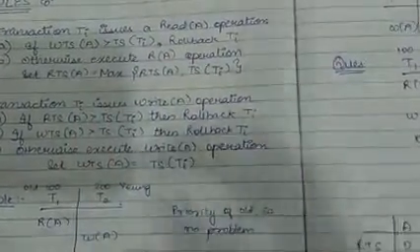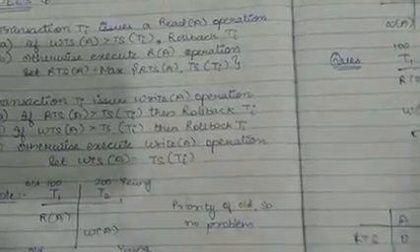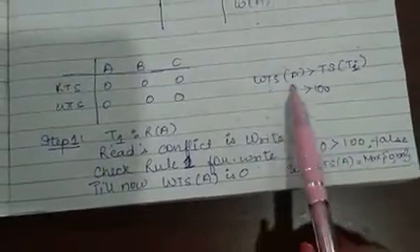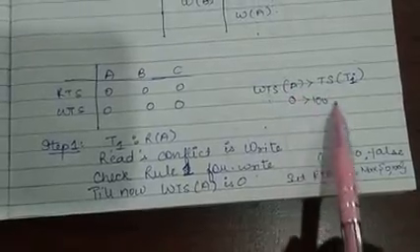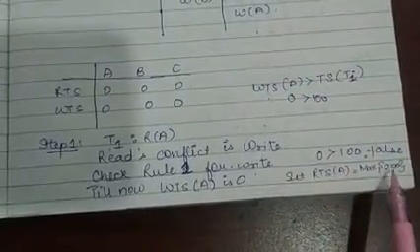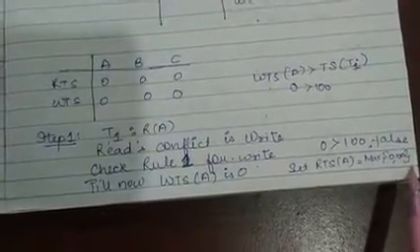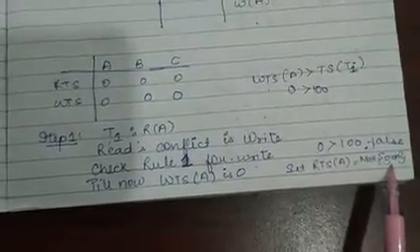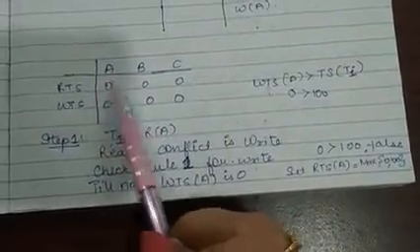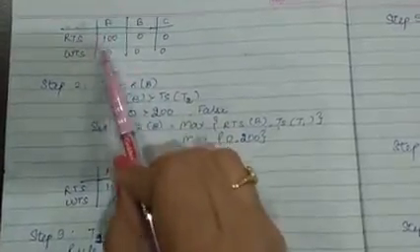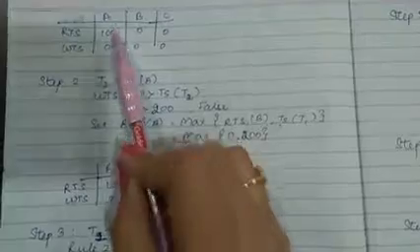Then set RTS(A) equal to max of RTS(A) and TS(T1). What was the value of RTS(A)? It was 0, and the value of TS(T1) was 100. So what is the maximum of these two? 100 is the maximum. So I'm going to set this RTS(A) as 100. This RTS(A) will now get updated, and in this order, RTS, WTS, I have updated this value as 100.